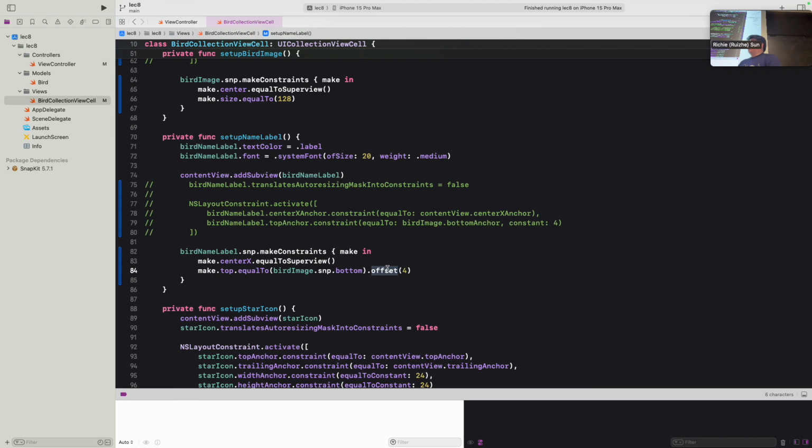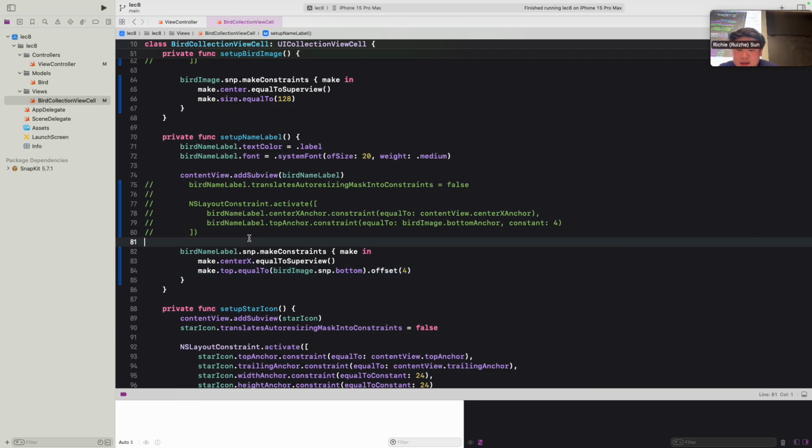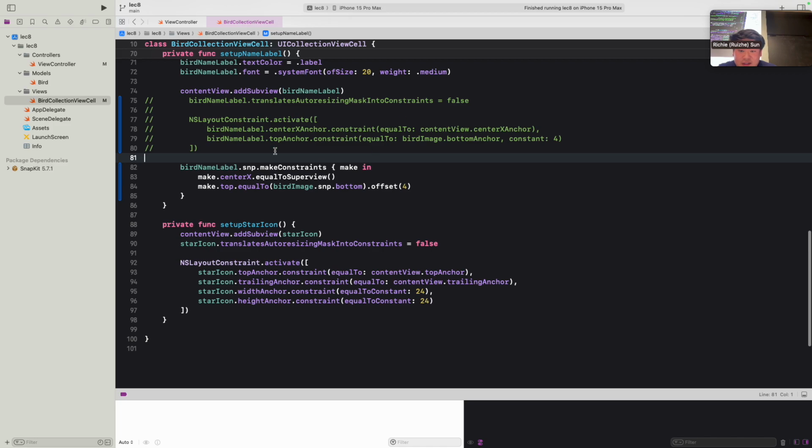And if you wanted to do negative constants, like let's say you wanted to move it closer for some reason, normally you would specify -4. But in this case, instead of offset, you could just specify inset, and that indicates that we want a negative offset or negative constant. But here we want to separate a little bit so there's more distinction, so we're using an offset in this case. Okay, so we have that done here.